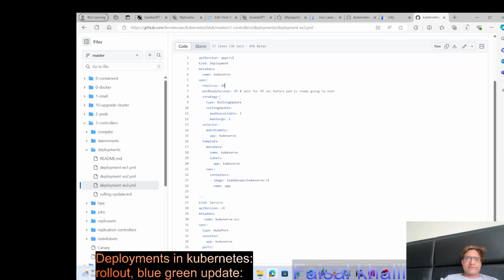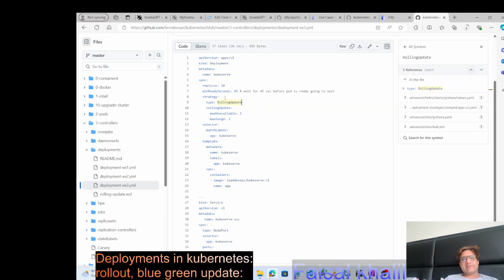and metadata, everything is here, and in the spec you say that the number of replicas is, please, 10, minReadySeconds, I mean this is just 45 seconds. Here is the type, here is the rolling type. This is the strategy which says that this exact strategy you want to use. You can say here blue green, you can say here rolling update, and maximum